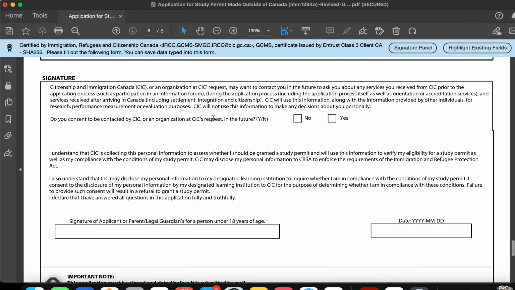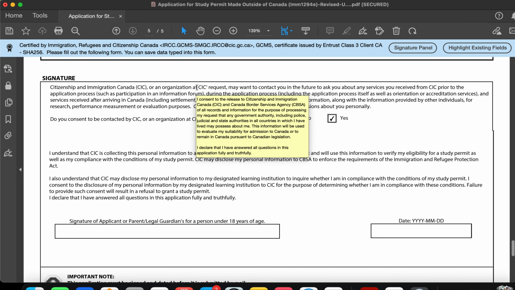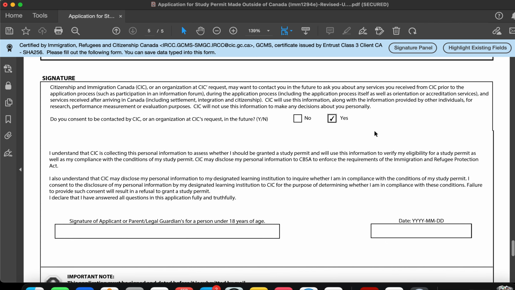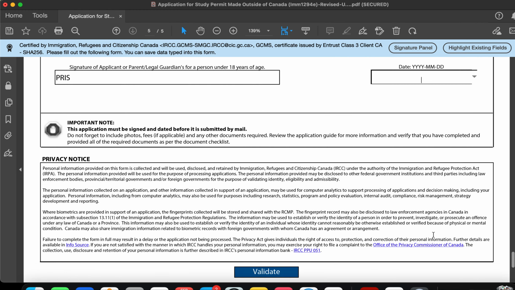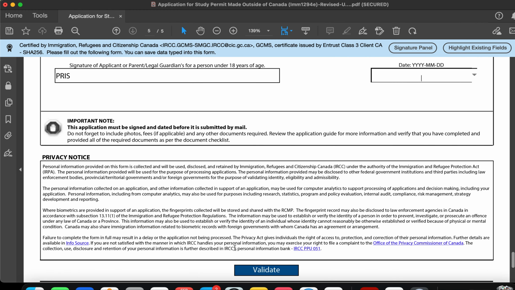So here's your signature: do you consent to be contacted by CIC? So you have to put yes, because here they'll contact you on your email if they require any further documents or anything. Please click yes. So suppose they require you to submit additional documents on a web form, they can easily reach you. So if you don't put no, then it's gonna be hard for them to reach you. So click yes. Over here you have to write your name, okay, and you have to write the date you sign. So once you've done that, click validate,